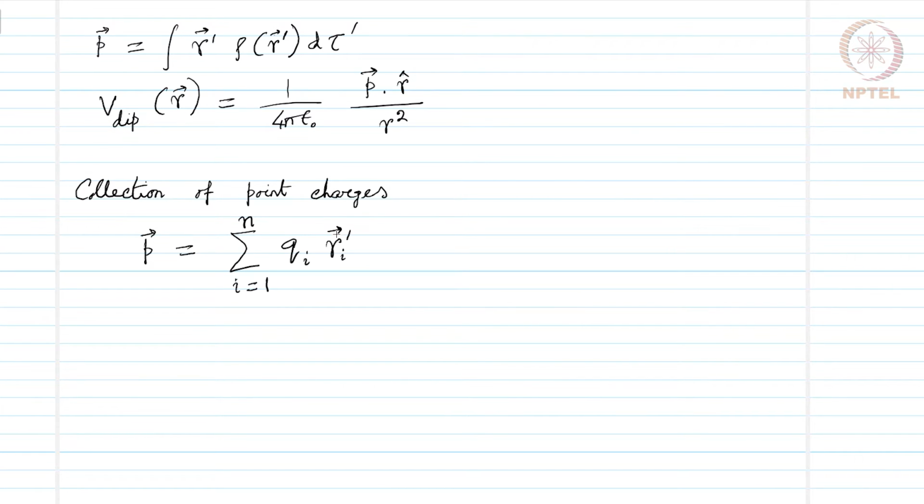Now, for a physical dipole, where we have equal and opposite charges, only two point charges we consider in this case. Then for those two point charges we can write the dipole moment p as q times r plus prime minus q times r minus prime, and that becomes